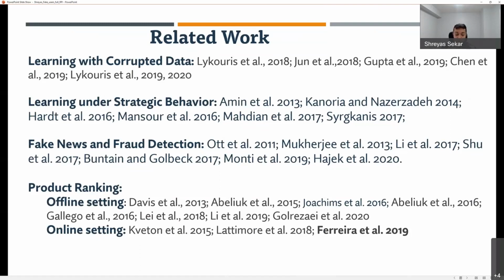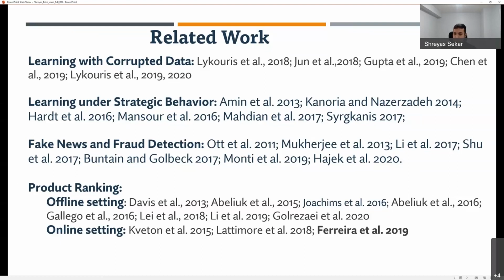So in particular, you have some customers behaving in a stochastic manner, and you have some behaving in an adversarial manner. The goal here is to try to combine both, but see if you can recover the regret bounds that the stochastic setting has. So what this work does is it extends the existing work on learning with corrupted data towards more combinatorial settings, such as the Cascade setting that I introduced. Okay. Now, the second thing is there's been a lot of work on product ranking and learning to rank problems as well. So this tries to build on that work by coming up with learning to rank algorithms that are more robust.